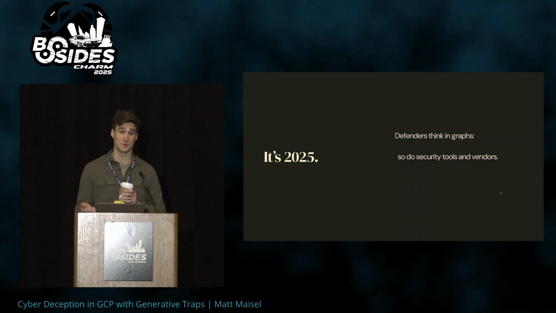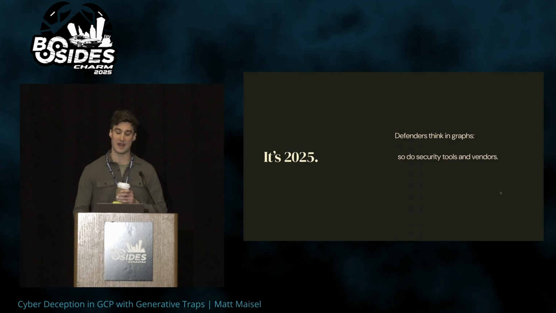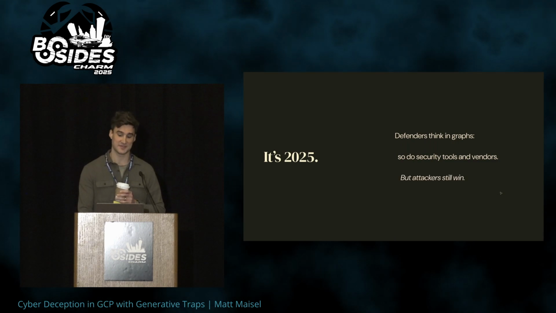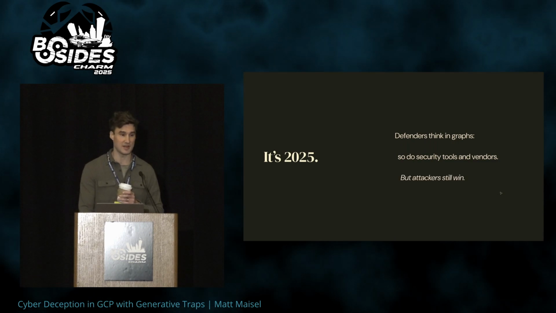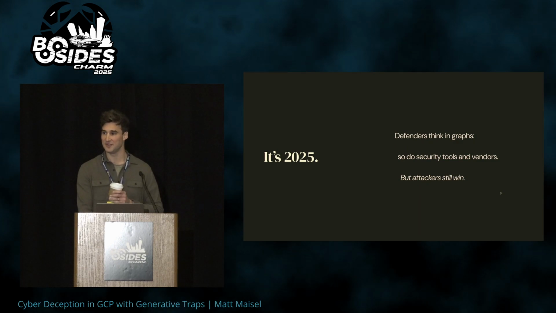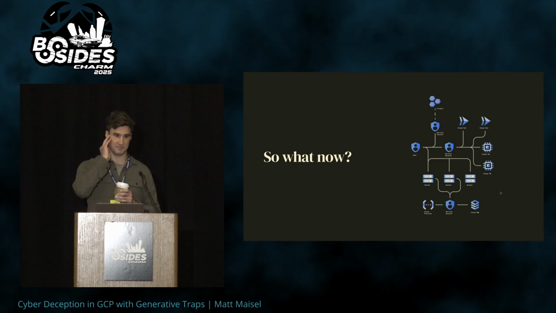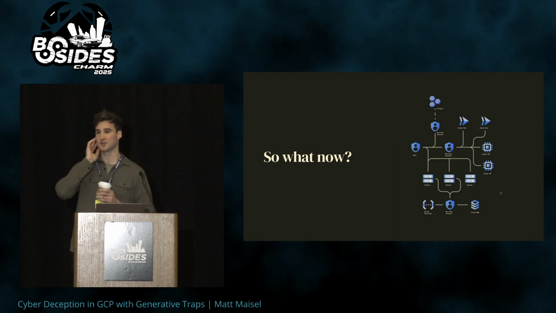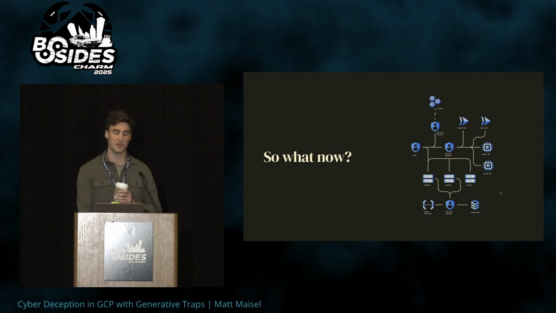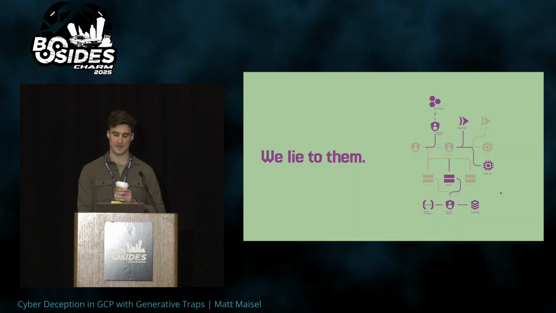We also have help from our tools and our vendors, and they build things in graphs: attack graphs, exposure graphs, supply chain graphs, and so forth. But attackers are still gaining initial footholds, still getting credentials, still escalating privileges, traversing our environments, and achieving their objectives. So if we're a security operations team and we have constituents that have infrastructure and services in Google Cloud or other cloud providers, what can we do today to try to detect and deter our adversaries?